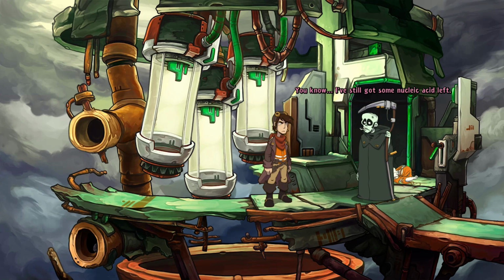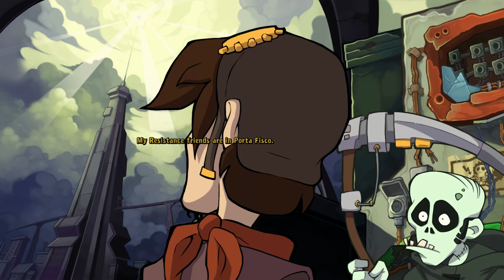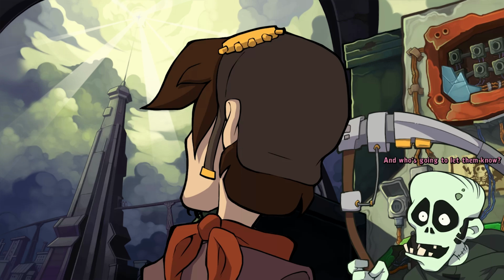You know, I've still got some nucleic acid left. In theory, you could still use it to mature her. But what about Deponia? The last high boat could take off for Elysium at any moment. You cannot save Goal and reach the Ascension Customs at the same time. And even if you could, the Upper Ascension Station houses the Organon's headquarters. You'll never make it in there by yourself. But I'm not just by myself. My Resistance friends are in Portofisco. I'll get them to distract the Organon, while Goal and I sneak onto the high boat. And who's going to let them know? Who will save Goal? And who will prevent Argus from leaving on the high boat in the meantime? You can't do it all. There isn't enough time for that. There would have to be 3 of you. And even if you could...